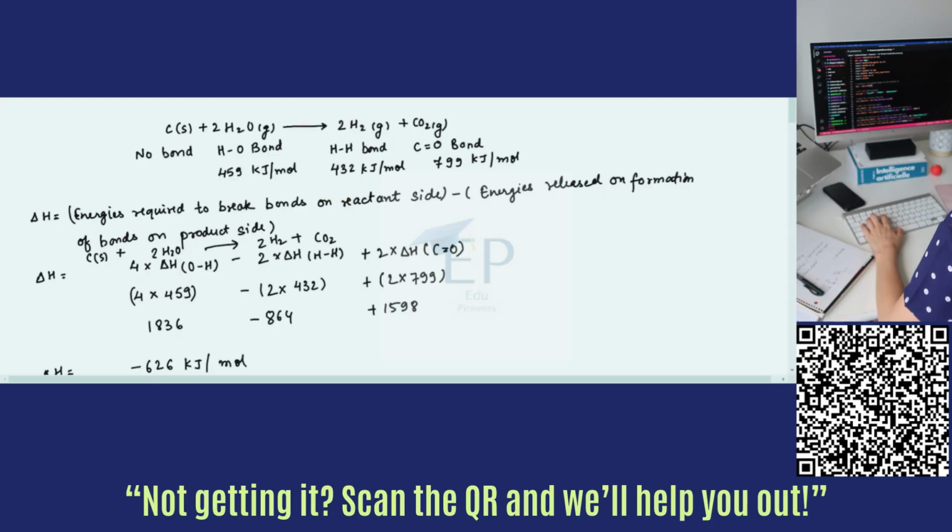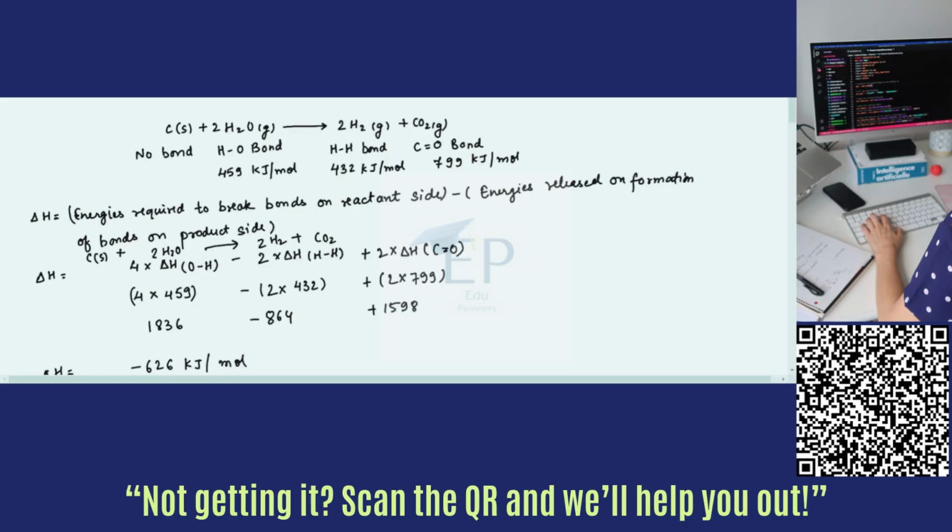In this problem, we are asked that hydrogen, a potential future fuel, can be produced from carbon from coal and steam by this reaction. Use average bond energies to calculate ΔH of reaction for the reaction and then use standard enthalpies to calculate ΔH of reaction. Why are the two values different and which value is more accurate?